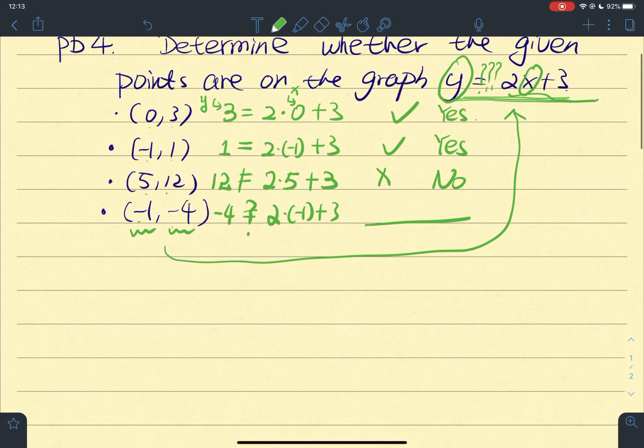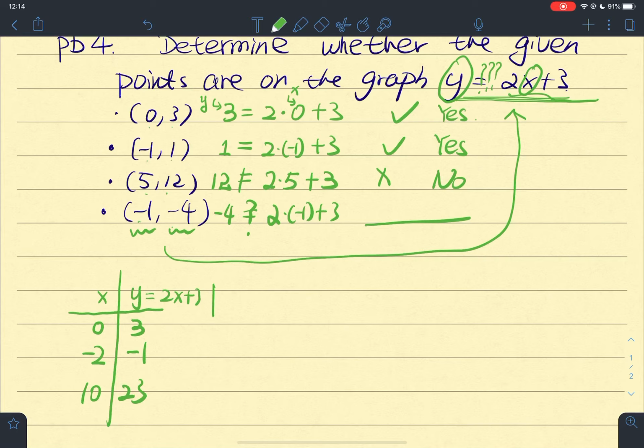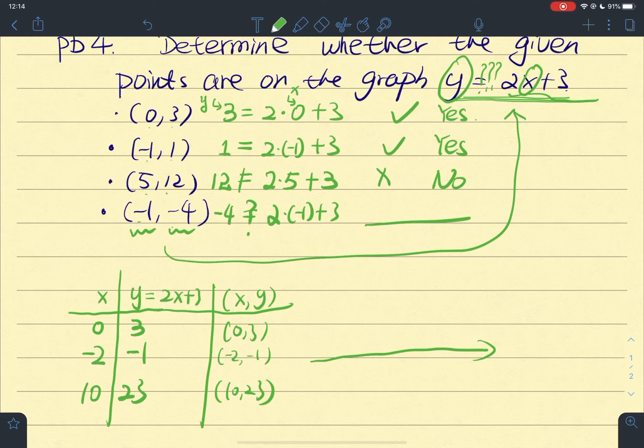If we go backwards, if you were to sketch the graph of something given, what you could do is choose a whole family of numbers. For example, if x is 0, you realize y is 2 times 0 plus 3, so 3. If x were negative 2, 2 times negative 2 plus 3 is negative 1. If x were 10, you end up with 2 times 10 plus 3, which is 23. Therefore, the paired points were (0, 3), (negative 2, negative 1), and (10, 23). So by marking those points